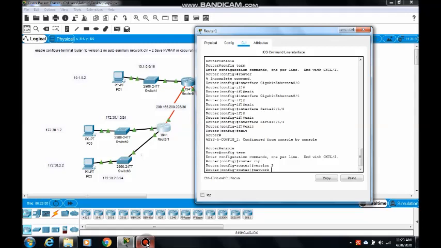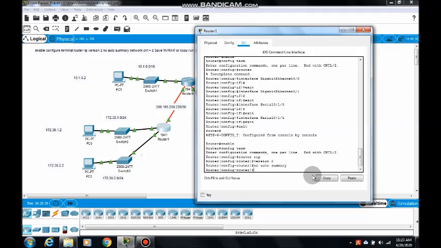Now router 1 is connected with the 170.13.1.0 network. So this is one network. Okay, before giving this command, give the command no auto-summary.